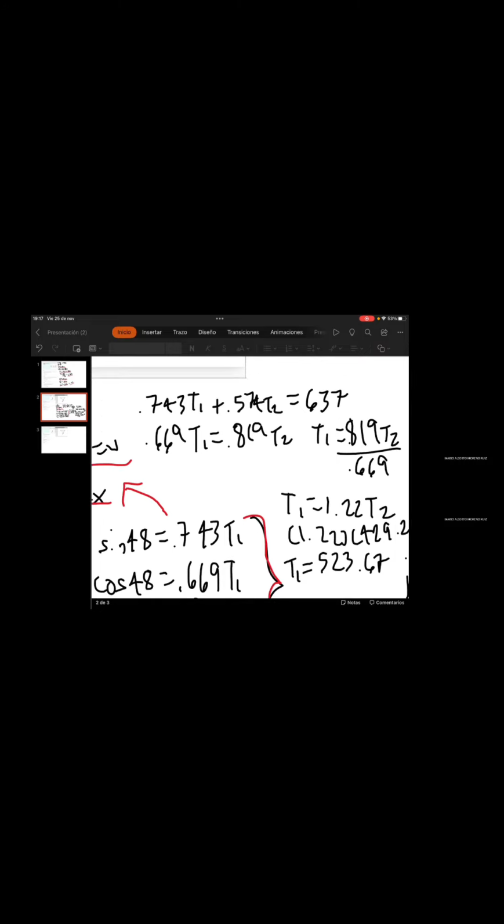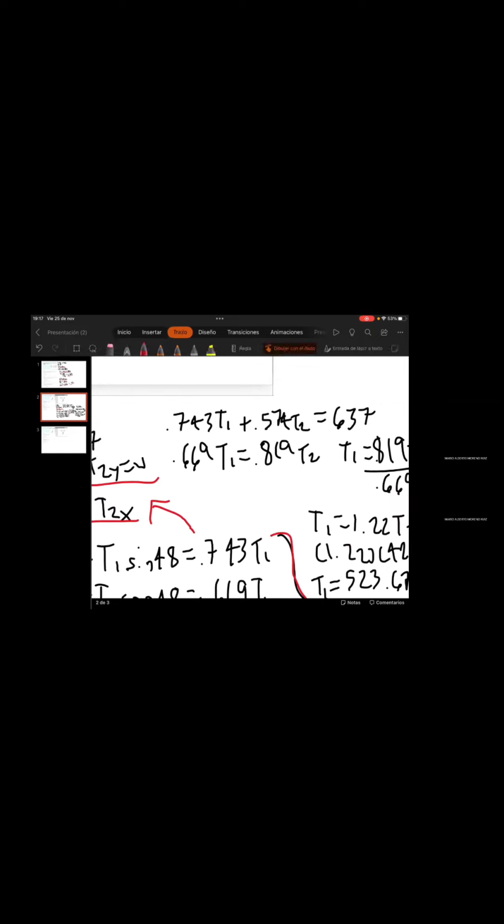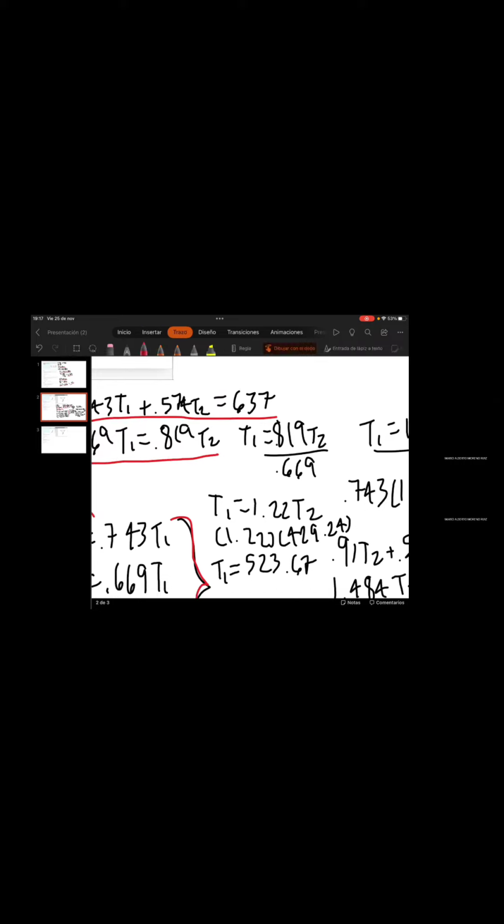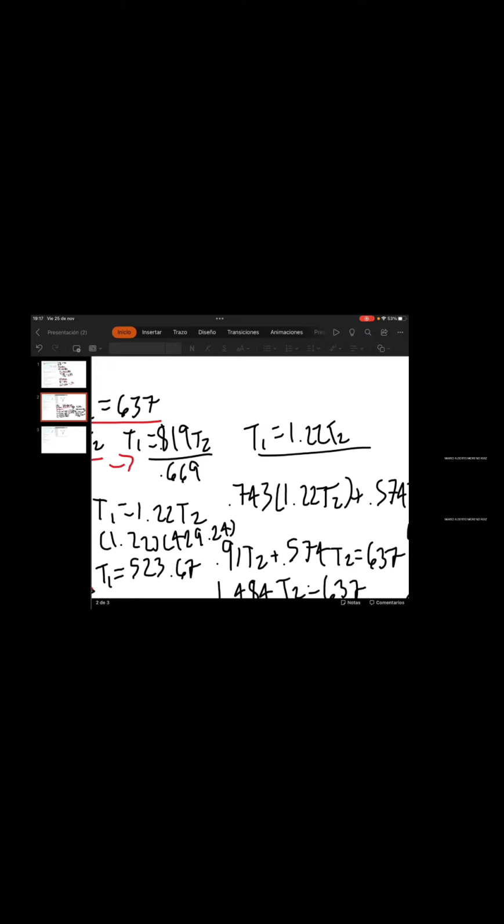We are going to find first the first formula using the y forces. We're going to get this equation, and using the x forces, we're going to get this. If we continue solving it, we will have this division that is right here, 0.819 over 0.669,